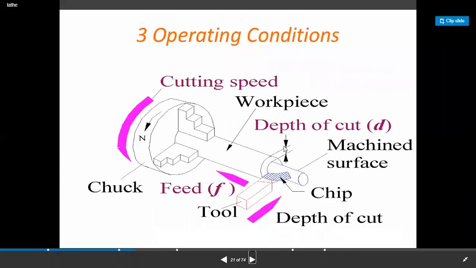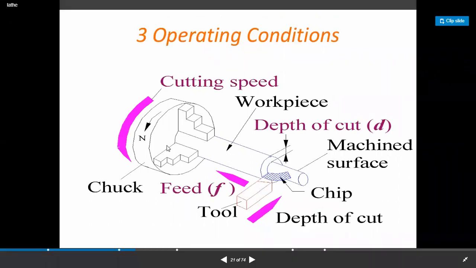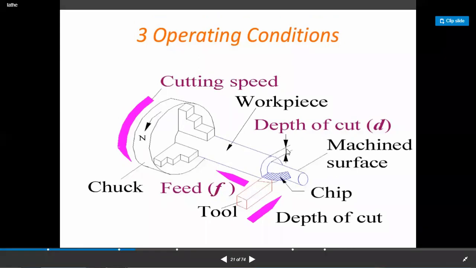So these are the operating conditions, the three cutting parameters we have seen. This is a 3-jaw chuck. We see the cross section of the 3-jaw chuck, which is actually a 3-dimensional view. In the 3-jaw chuck the job is held and the job is rotating. The 3-jaw chuck is rotating at a certain number of revolutions per minute. That relates to the cutting speed. The chuck is rotating, so that is your n. Then depth of cut is shown here. The chip is removed according to your depth of cut, given by small d.